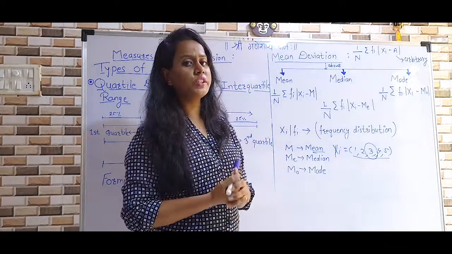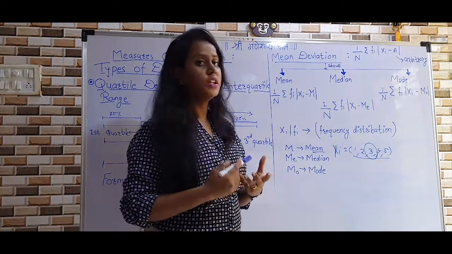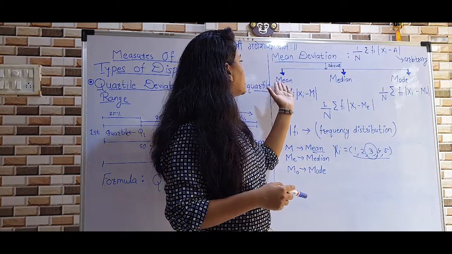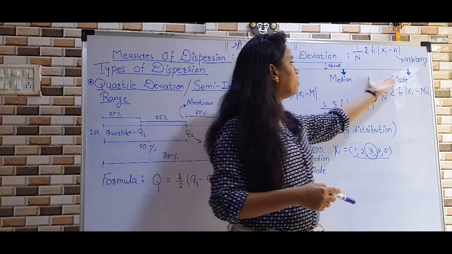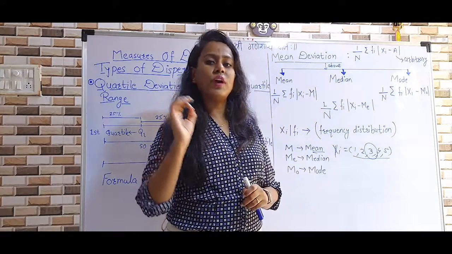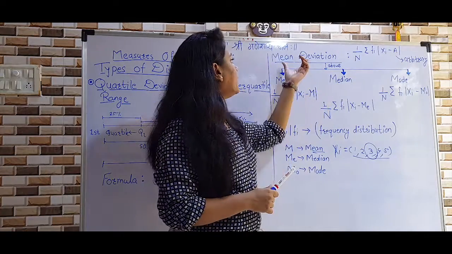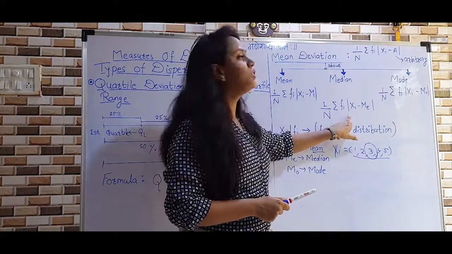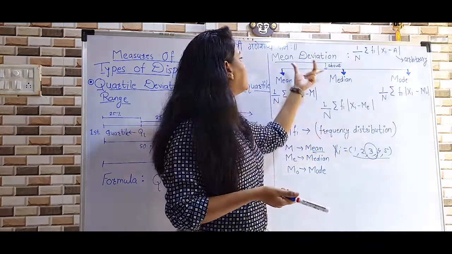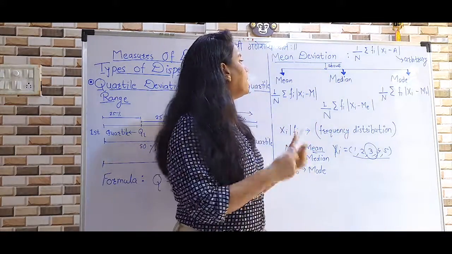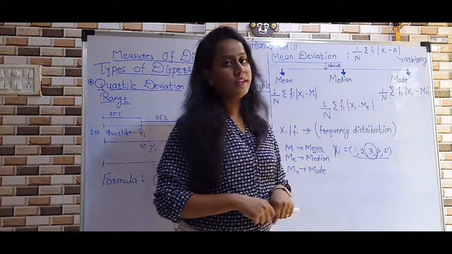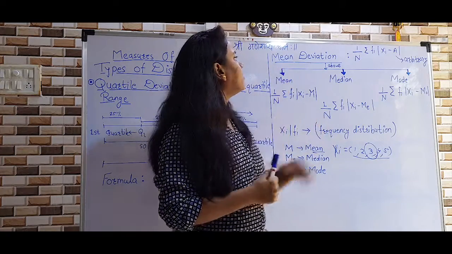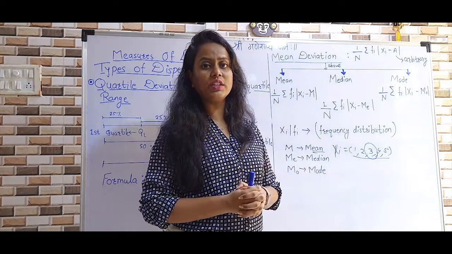Now the next question is, which one to consider? Either we should consider the arbitrary number, or the mean deviation about mean, about median, or about mode. Here, one standard result is that mean deviation, when considered around the median, gives the better result; we can say mean deviation is the least when it is considered around the median value. Okay. Now the next question is, can we say that mean deviation is the ideal measure of dispersion?